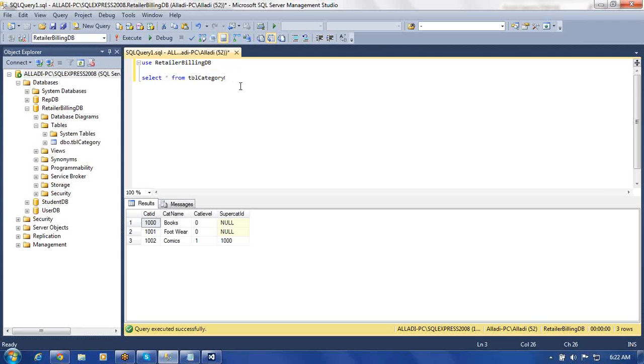Now instead of writing inline SQL queries like this, I can write a procedure. With the help of a procedure, I can retrieve the data. So right here, create procedure, followed by the procedure name USP get categories. This is going to be the procedure name, followed by begin, and inside it